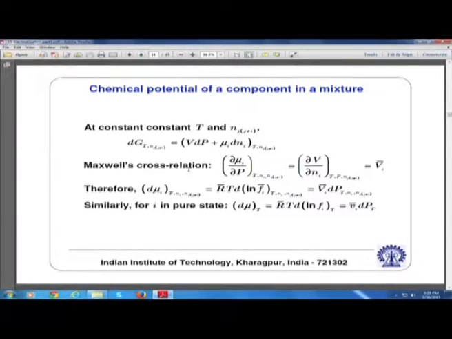To calculate the change in volume due to mixing, we considered the following expression. The expression that I was deriving on the board was for a special case when in the mixture there are two constituents A and B. Whatever is presented in this slide is for a little more general case where there could be several components, and we considered the ith component and write the chemical potential as mu I.